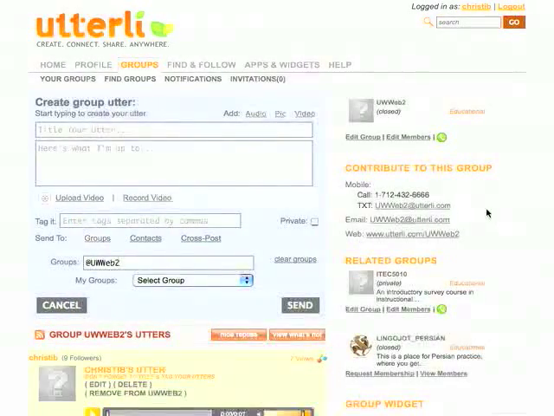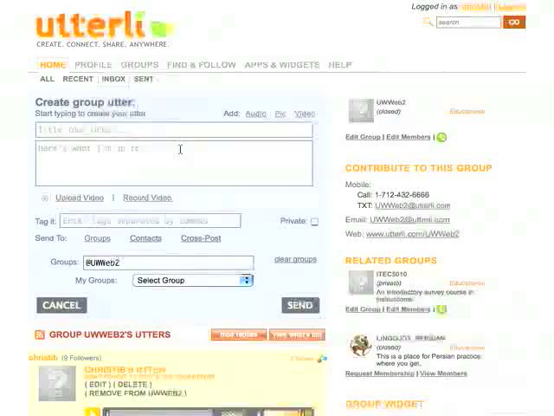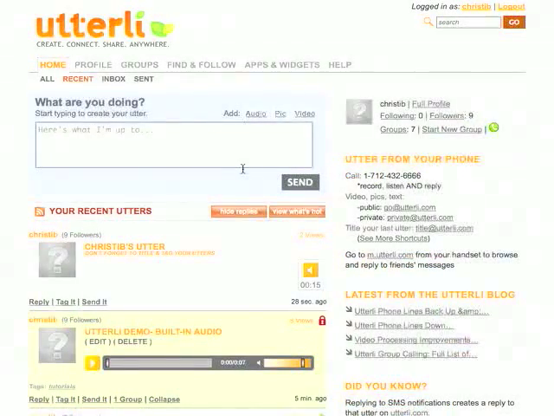And then finally, if you want to add it from your phone, the number you're going to call is going to be different than this, but there will be a call number. You're going to call that number, and it'll say you're going to add to your Utterli, and you'll talk through your thing, and then you'll hang up. And once you're finished hanging up, if you go to home, you'll get this inbox. If you go to the inbox, you will find, okay, so I went to the home